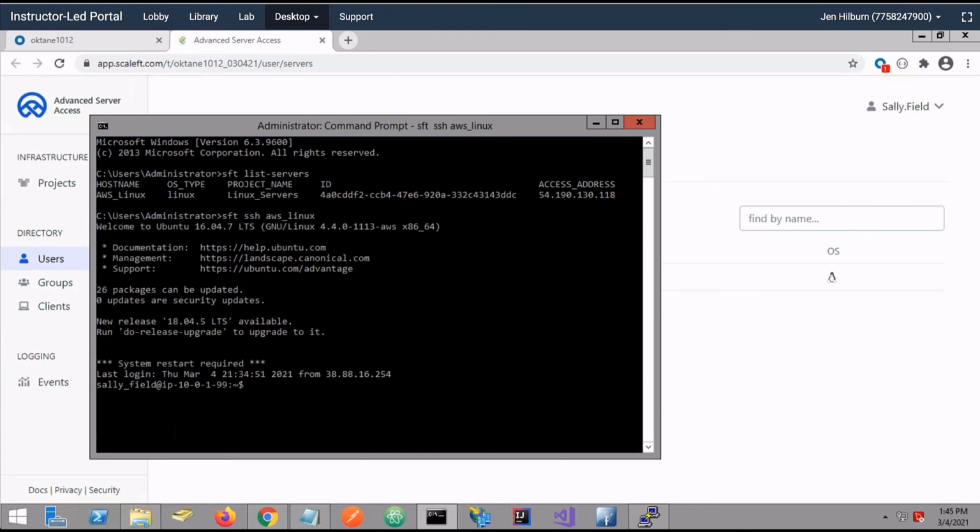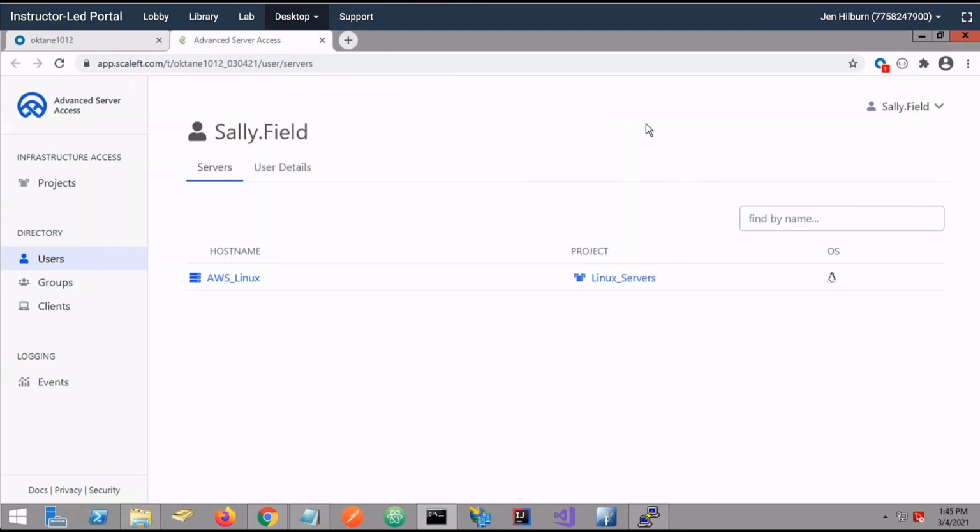Okay, she is already signed in to ASA and she has an Okta session. So she just that quickly got that ephemeral certificate and was able to get into the server. I'm going to exit out of here. So whatever tools she's used to using, and you'll work with a bunch of different tools in the class, at any rate, they can use the tools that they're used to, but something else we can do is use